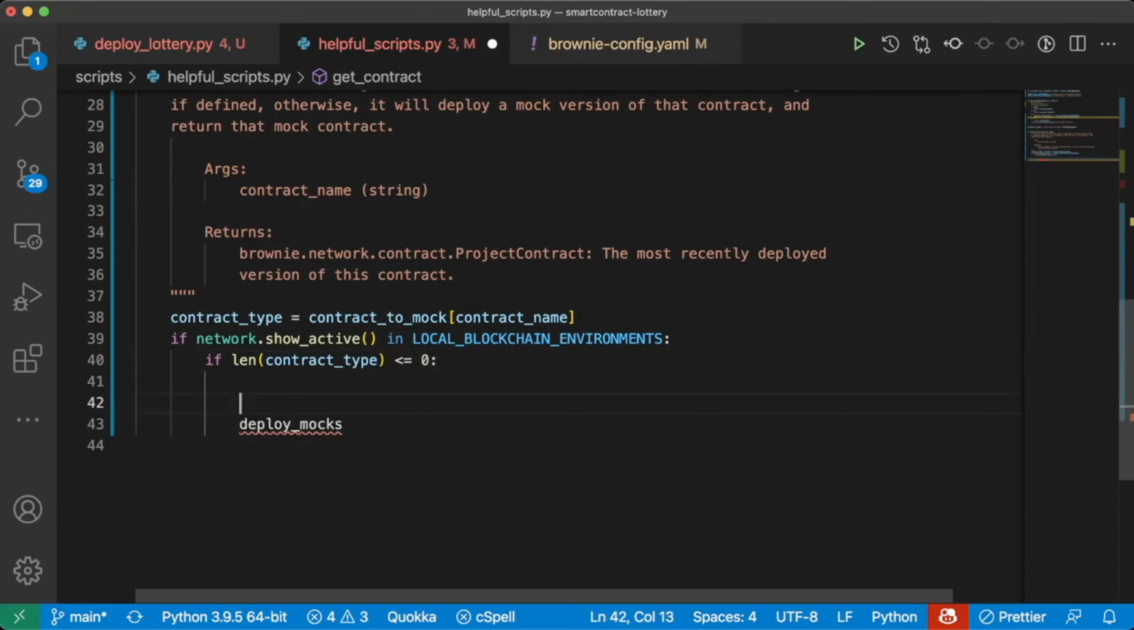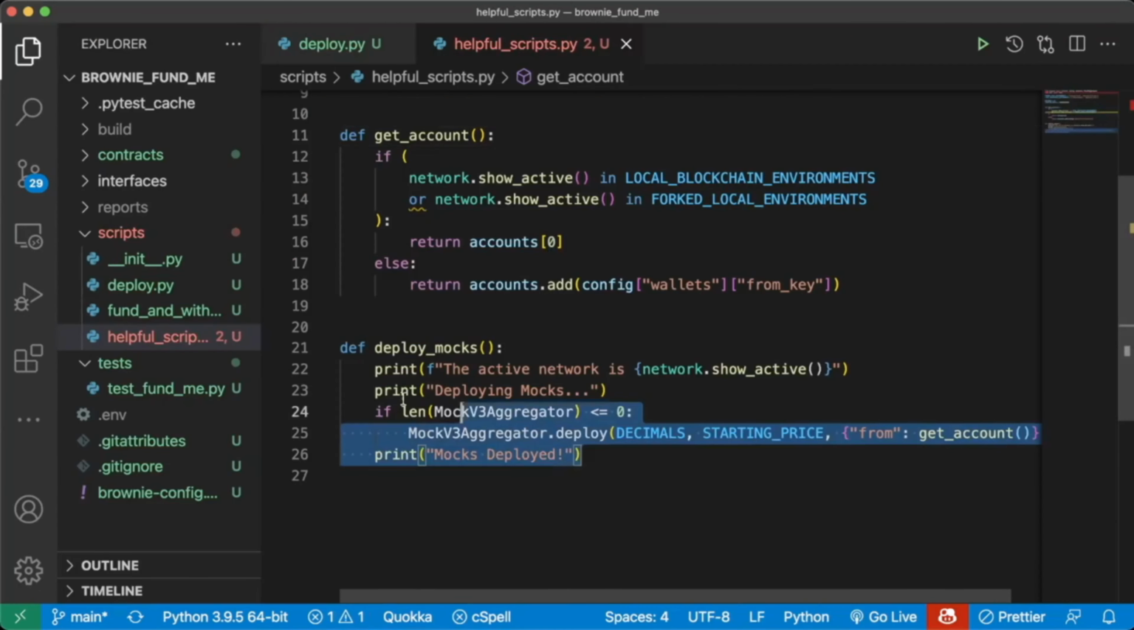So this is equivalent to doing something like mock v3 aggregator.length. We're checking how many mock v3 aggregators have actually been deployed. If none have been deployed, we're going to go ahead and deploy them. So we're going to have to create this deploy mocks function. So we'll do def deploy mocks. And this is going to be the same as what we did